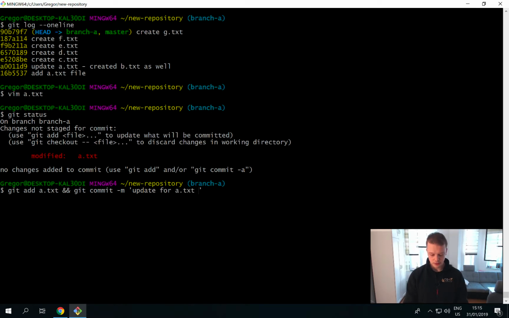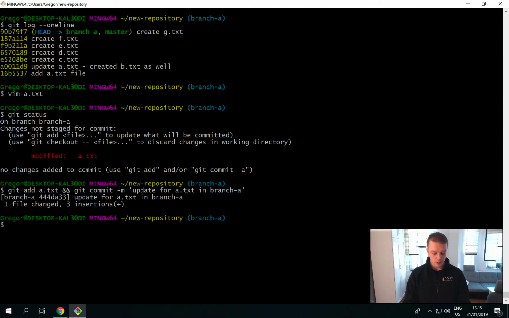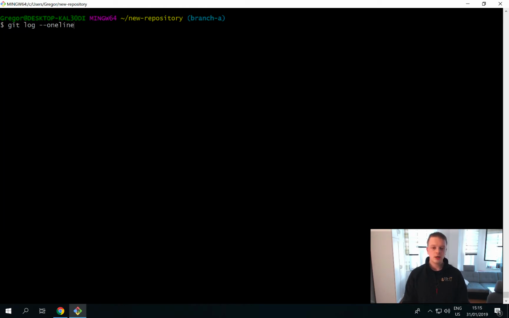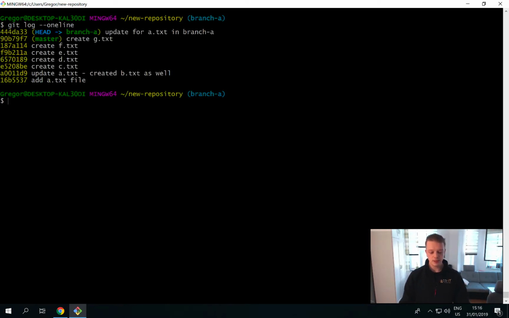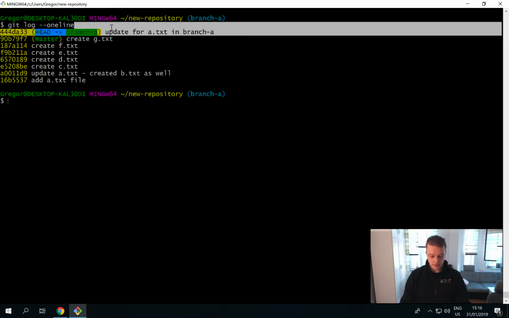Update for a.txt in branch A. I'm just a little bit more explicit here for the demo. And if we now log our current status of the repository, we will see our new commit